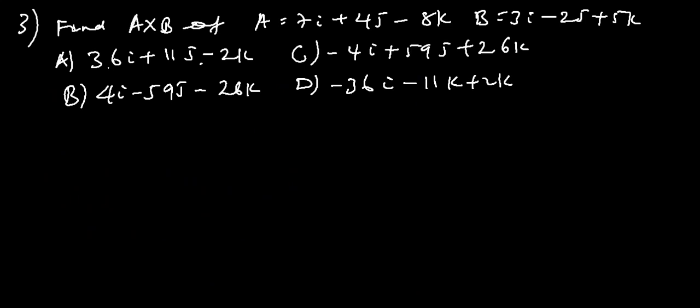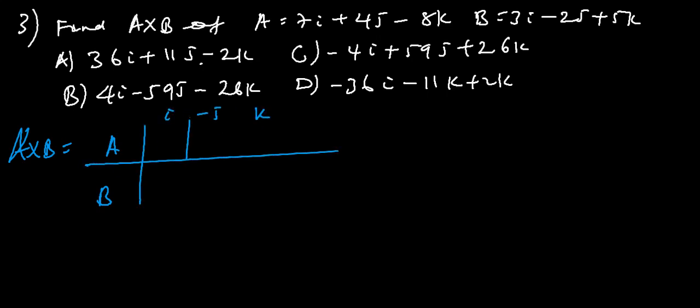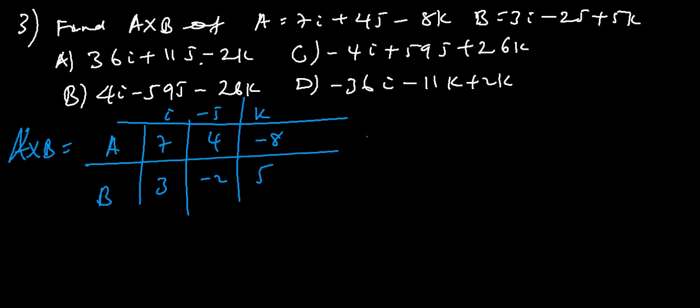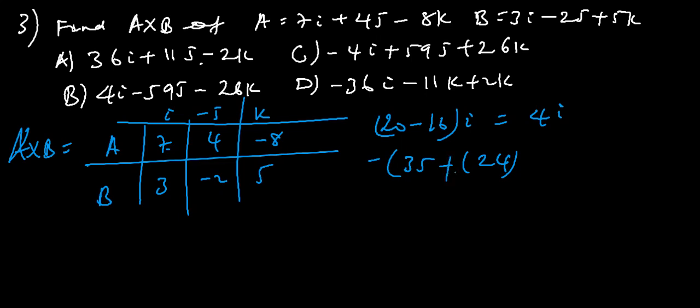Question number 3 find a cross b ይላል a እና የb cross የምናገኘው ምንድነው a cross b is equals to a ያለኝ b then I negative j k okay a is 7 4 negative 8 this is 3 negative 2 and 5 therefore along I this times this 20 minus this is positive 60 along I minus ይሄ ስንት ይመጣል 4i ይመጣል j ስንሰራ this times this 35 minus this is negative 24 therefore plus ይሆናል ማለት ነው this is plus which is equals to 9 59 negative 59